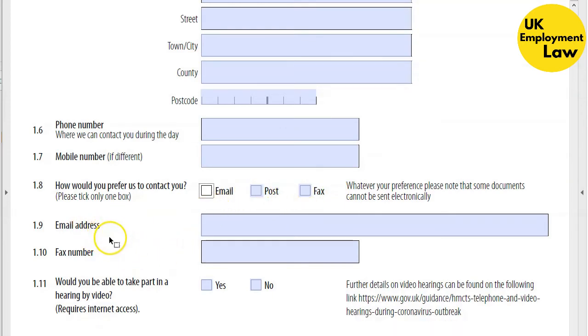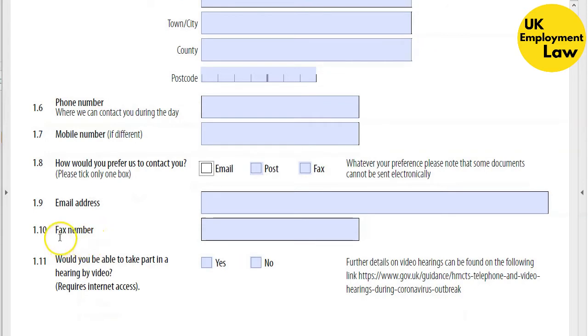1.9, here you give your email address. Make sure that it is correct and clearly legible. 1.10, you may not need this unless you have a fax number. 1.11, this is a new section and requires your consent. There is a link provided on the right, as you can see here,